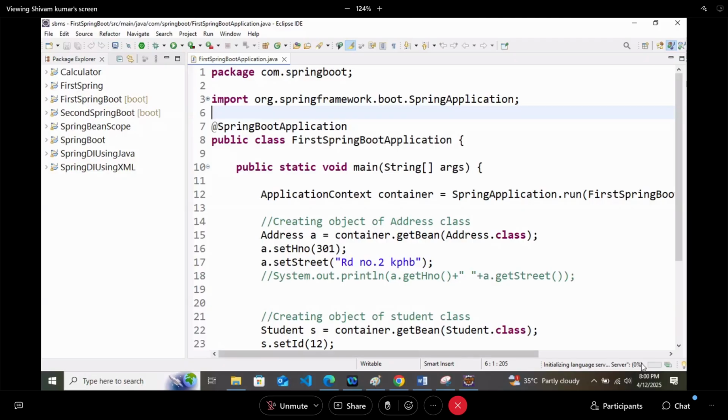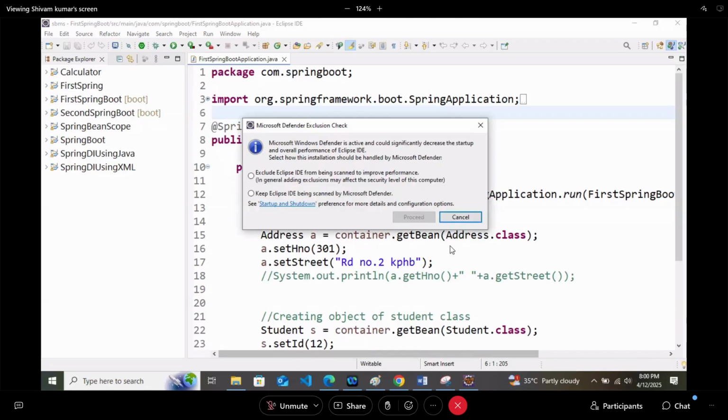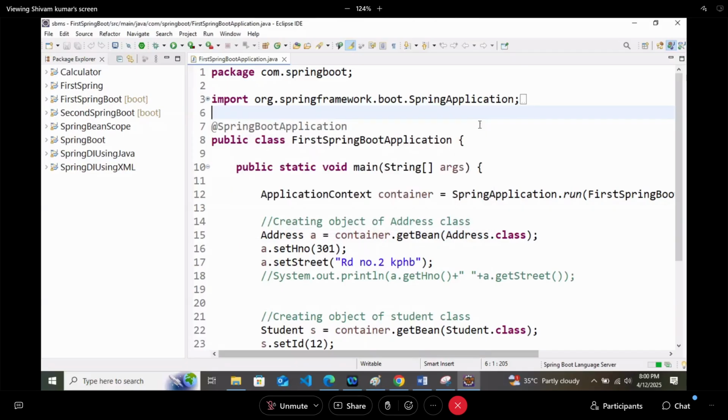You know how to kill any port number using command prompt? Using Eclipse. How? No, no, you can say. Why to laugh in this? Huh? Servlet. No, no, not servlet. That is different.